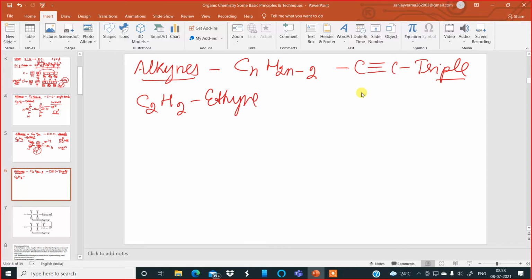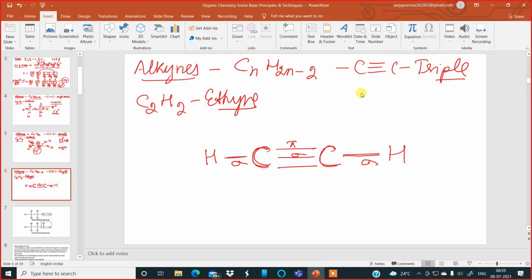Now I will draw the structural formula of ethyne. There are two carbon atoms over here, one carbon over here, another carbon over here, and there should be a triple bond because it is an alkyne. So 1, 2, 3, and then there is one hydrogen placed on each of the carbon atoms on either side. Now the first carbon is linked to the hydrogen by a sigma bond. The second hydrogen is linked to the second carbon by another sigma bond, and there is one sigma bond in the center over here. Up and down there are two pi bonds.